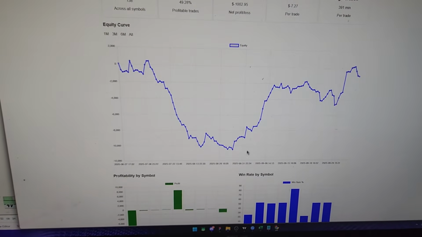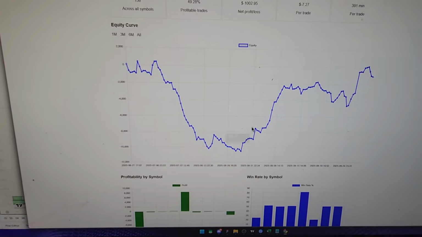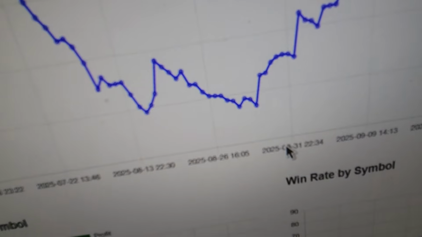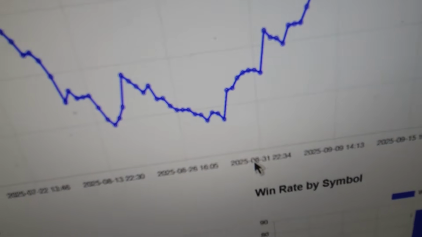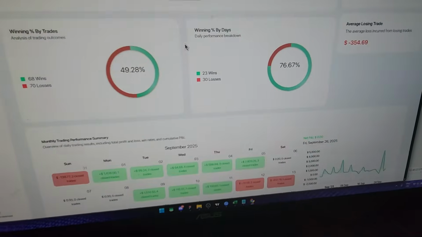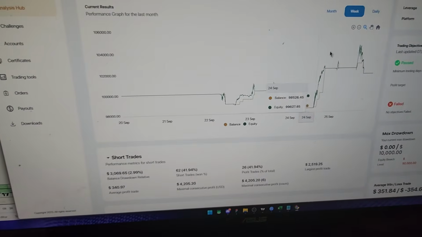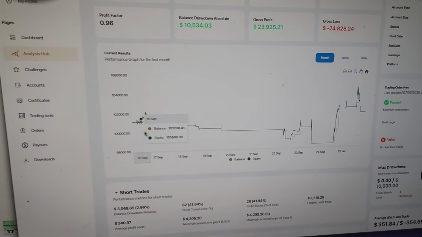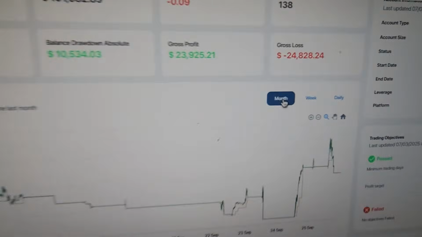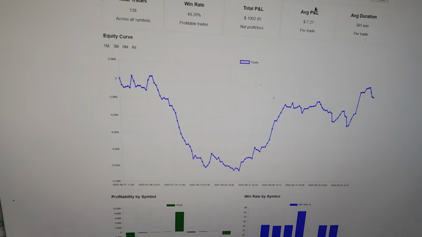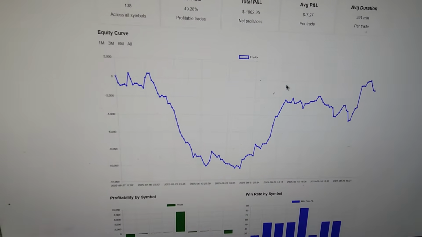I wrote that down, and you can literally see the exact point in time. Let me zoom in right here. You can see it, 2025-08-31. That's August 31st. If I go back to the website, when I want to look at the account overview, it doesn't show me a better graph from July. It only shows up to the month. It doesn't go as far back as the beginning of the account. And that was kind of a problem. I needed to get that data so I could look at it and visualize the progress.